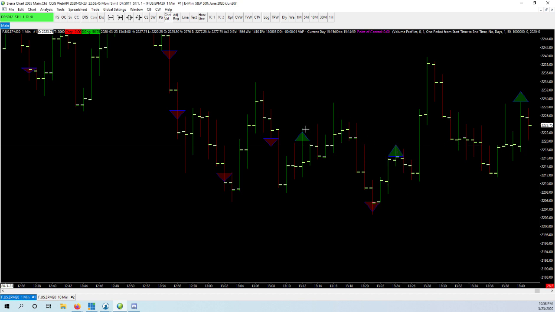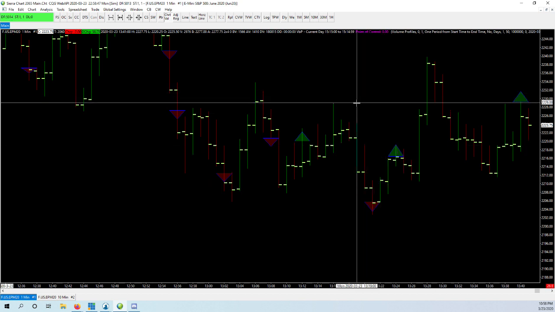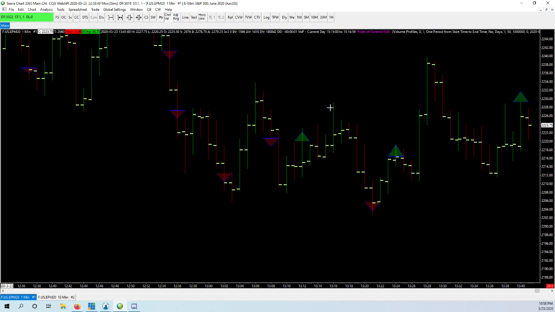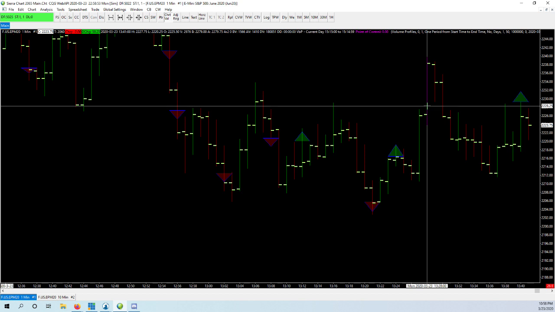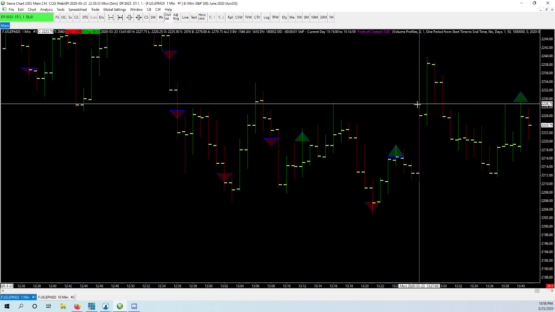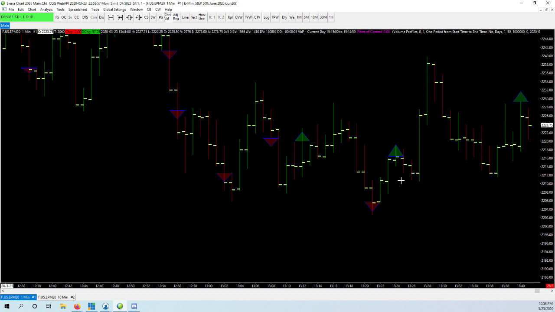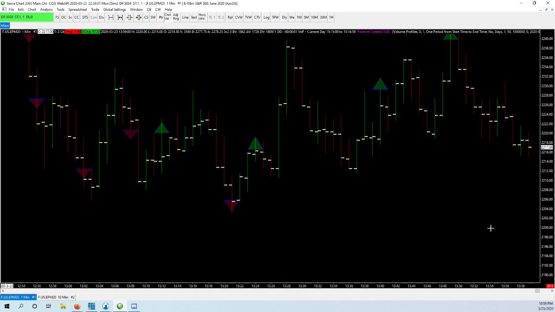But you can see there's no real good pivots. This would be more of a better trade. See how you have this pivot here? And then, you know, going long here would ideally be good. But I'm not sure what it was that I was looking for on that one. Let's not do that.